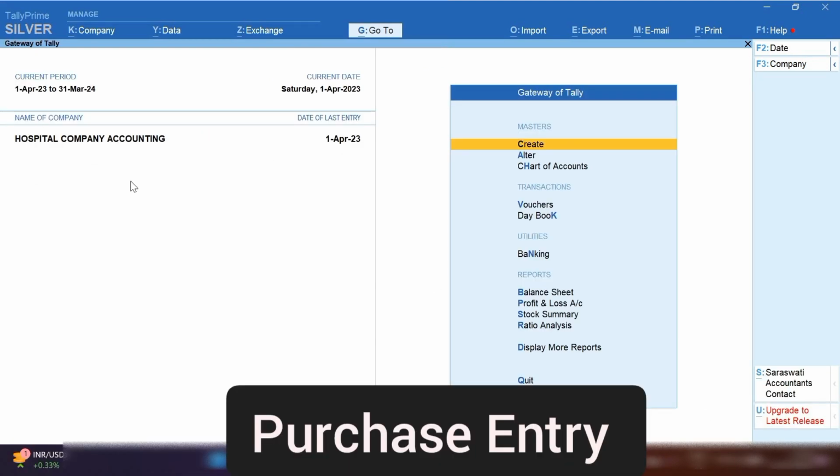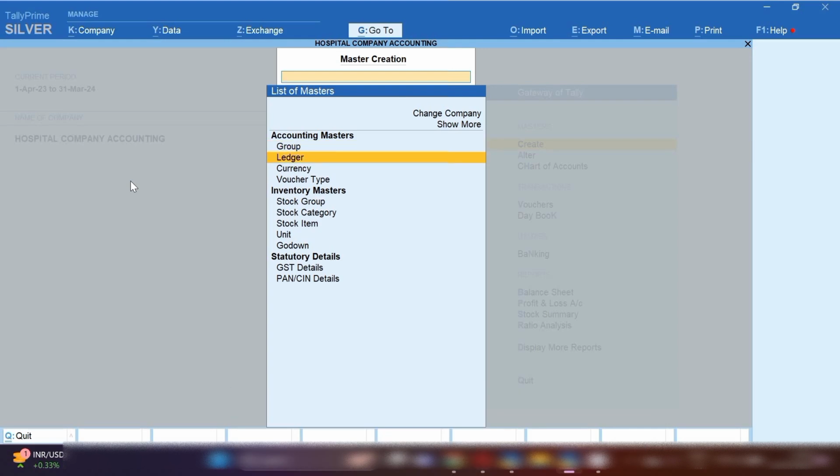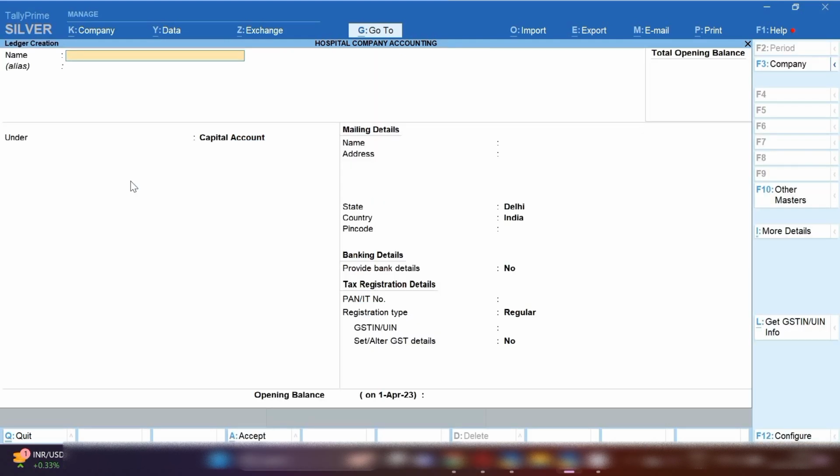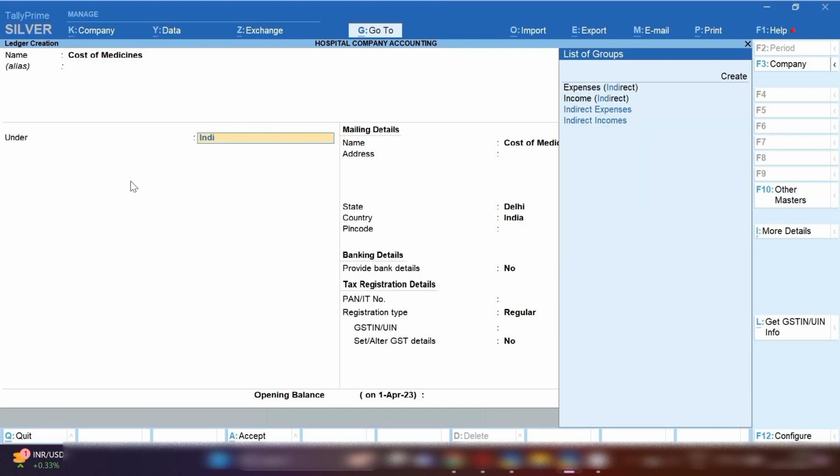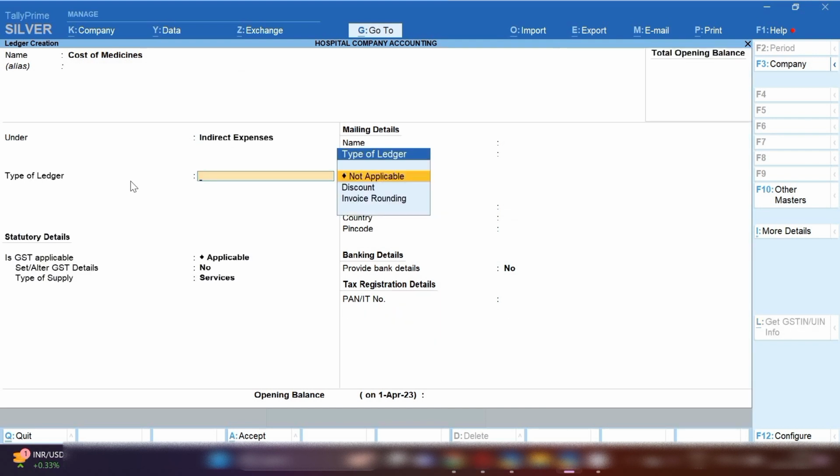So first we need to create some basic ledgers for recording that entry. So from gateway of Tally, click on create option and then ledger option, and from here we will create all those basic ledgers. So first ledger I'm going to create of cost of medicine. Let's suppose if you need some medicines in your hospital and you purchase them, so this is going to be indirect expenses for your